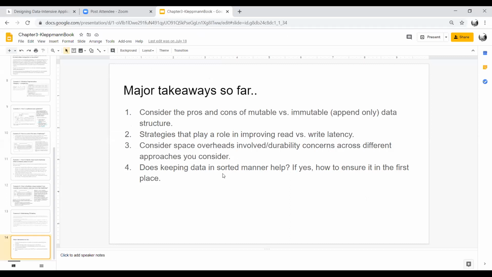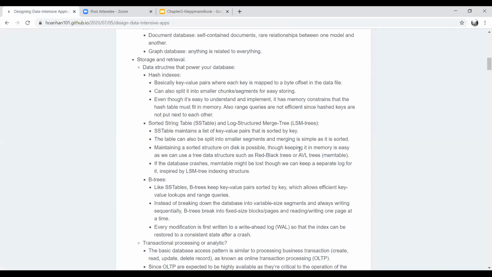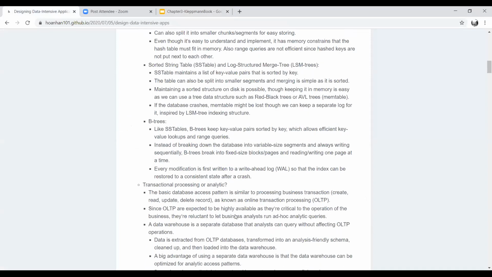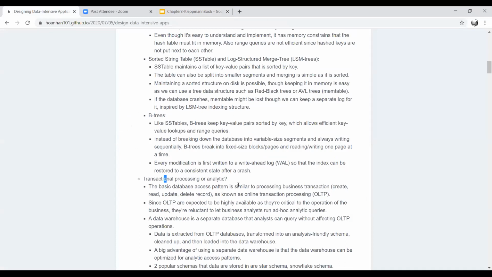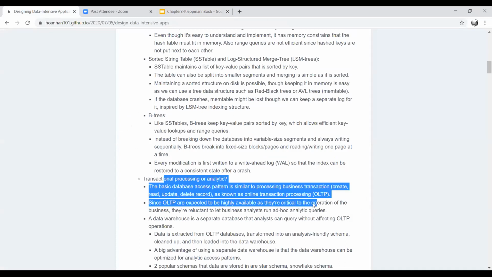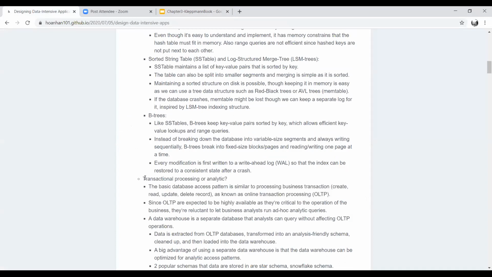the concept of transaction processing and OLAP. Can you guys see this notes page, the transaction processing that I'm highlighting? Yeah. Okay, so rather than going into some text here, the key takeaway is